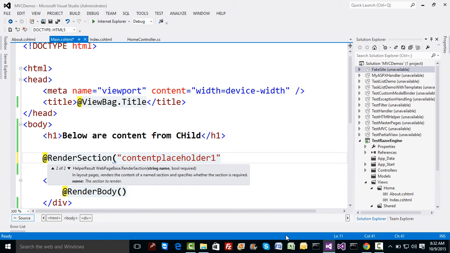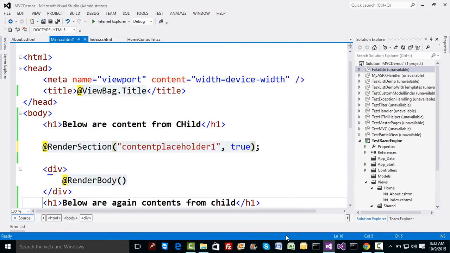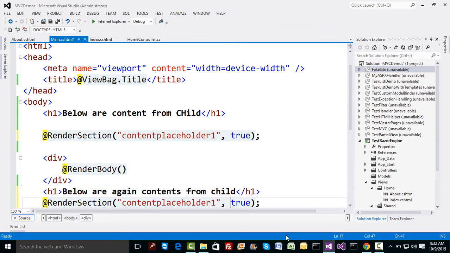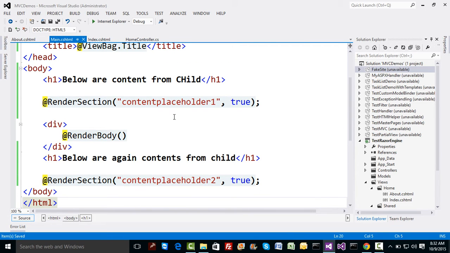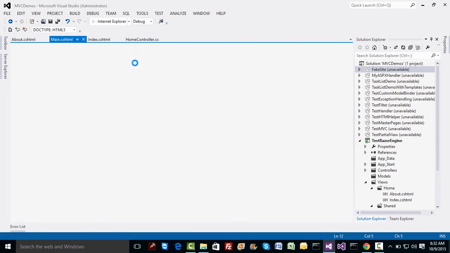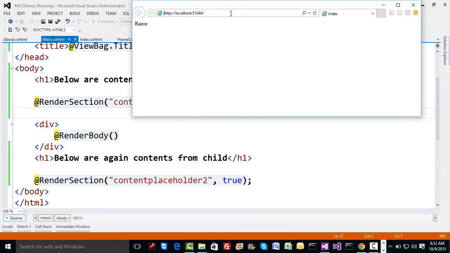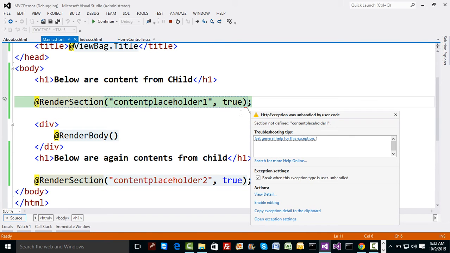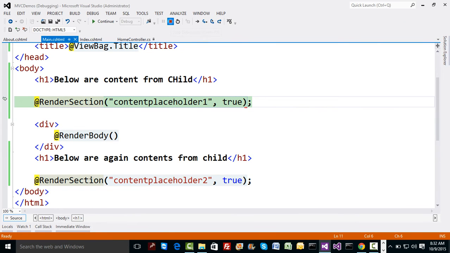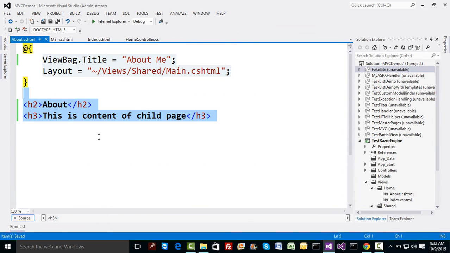And then there's also one more important thing, that whether it's mandatory or not mandatory. If I specify required equal to true, which means content for this section is mandatory. And maybe let's say we have ContentPlaceHolder2, content for this section, let's make it also mandatory. Now, what will happen if at all I run the code directly now? If you run the code directly, if you specify home slash about again, now we'll end up in a problem that the page which we have something called as about page, it does not have a section named as ContentPlaceHolder1. So since we don't have any content for ContentPlaceHolder1, now the problem is the page does not get rendered, but I have to specify some content.